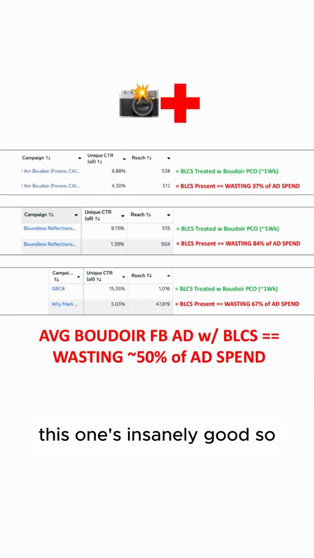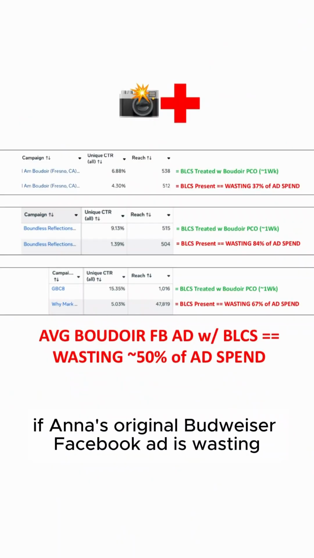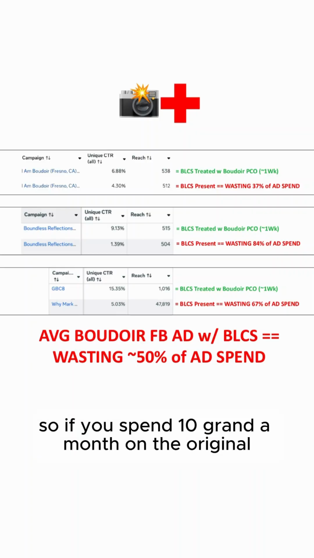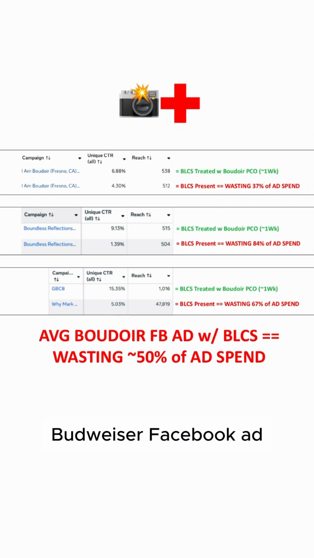And this one's insanely good. So we found his original Boudoir Facebook ad is wasting 67% of ad spend. So if you spend 10 grand a month on the original Boudoir Facebook ad, you can actually